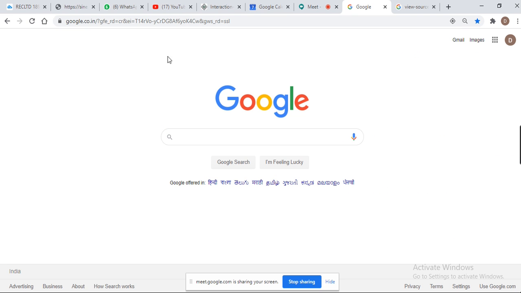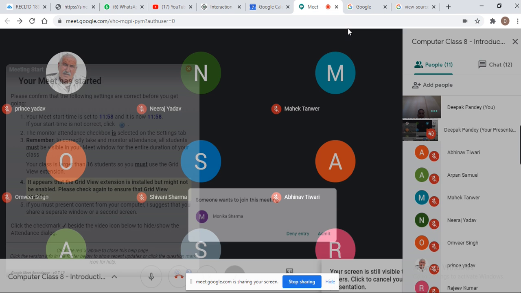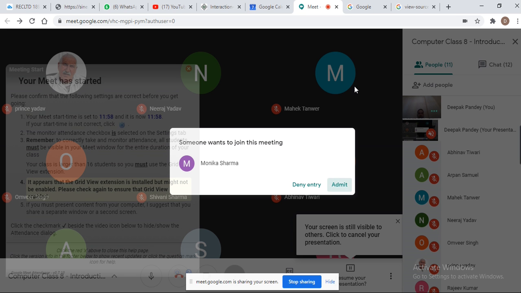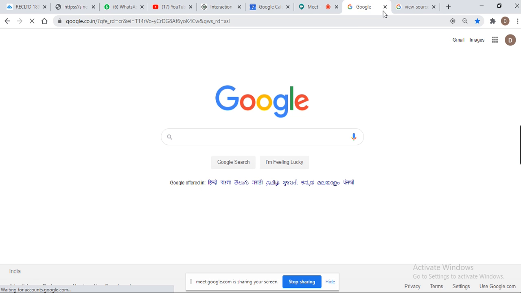For that, take google.com. This entire page shows the body part. And what is the title here? The title is this, google.com. You can see on the title bar that it is google.com. So the title part is here at the top, where we can see the title of the page, and this entire area, the entire page, is the body of the page.